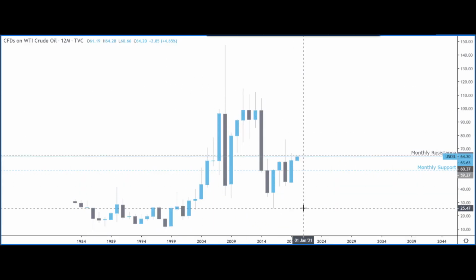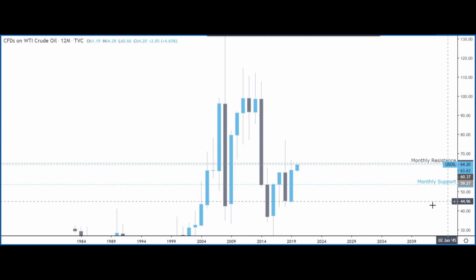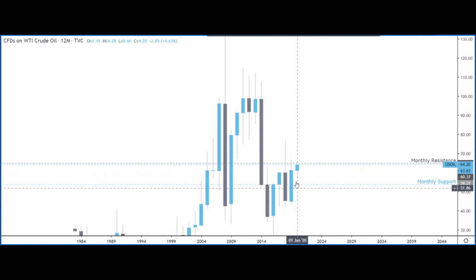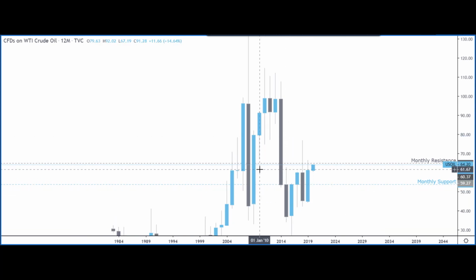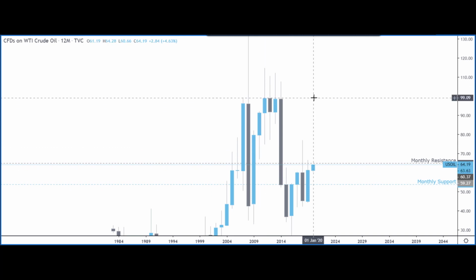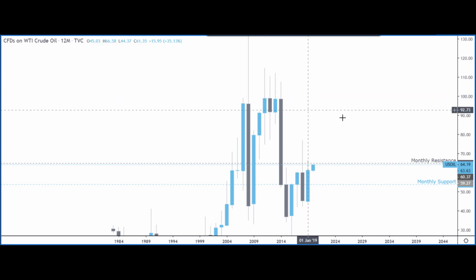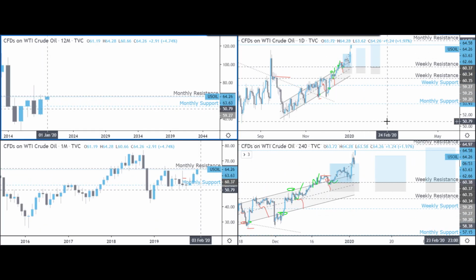Oil absolutely smashing it. I've just gone out to the yearly chart because I wanted to show you something over here, and you can see that we had a bullish engulfing in 2019 on oil. So this is quite a nice signal, and if you look at the yearly chart, this was the only decent resistance we had on the yearly chart. And the next one is the psychological $100 3-digit number, so this is looking pretty good, guys. So the yearly has a bullish engulfing, and let's go down to